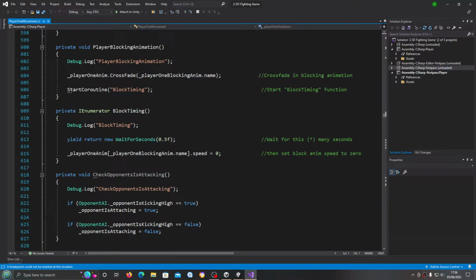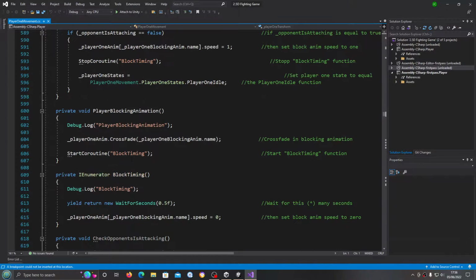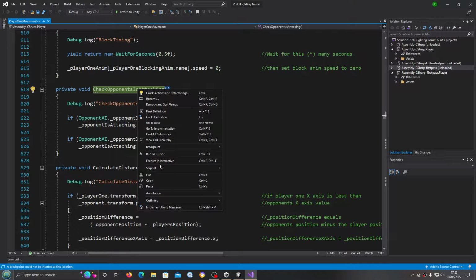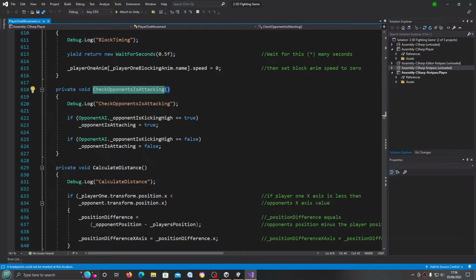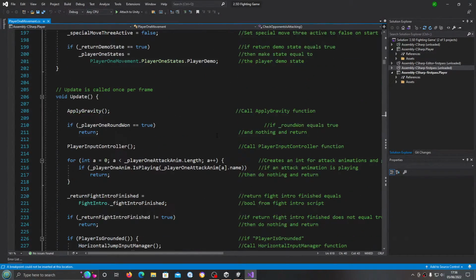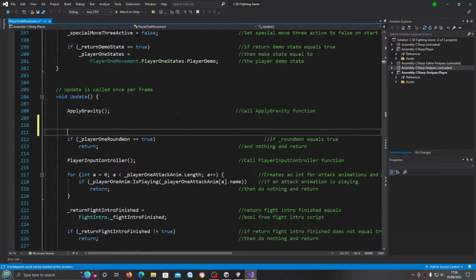So in this lesson we're picking up again where we left off in the previous video, and we've got all of these functions in place now for the blocking animation, timing, distance, and check opponent is attacking. We're not actually calling that function just yet, so what we're going to do is just copy that, and that can go straight into the void update,